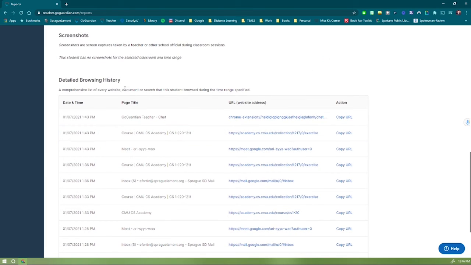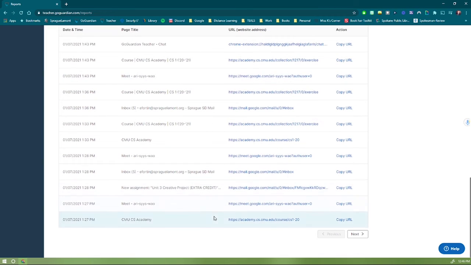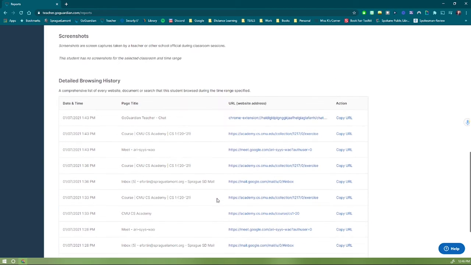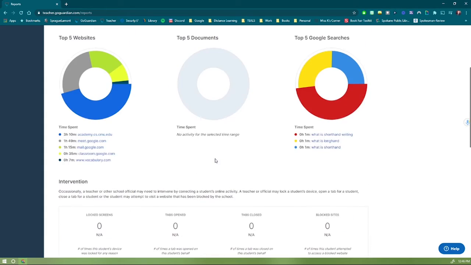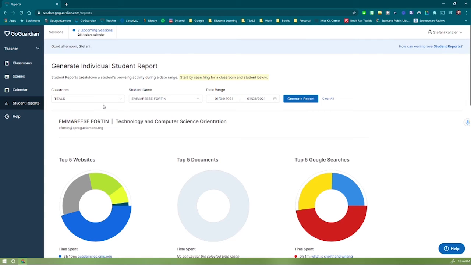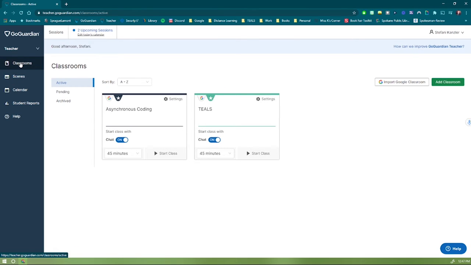Then we have detailed browse history, which is exactly what it sounds like. It is the browse history for that student during your class on the days that you marked above. So yeah, that is how those individualized student reports work. Now, let us hop into a class so that you can see how